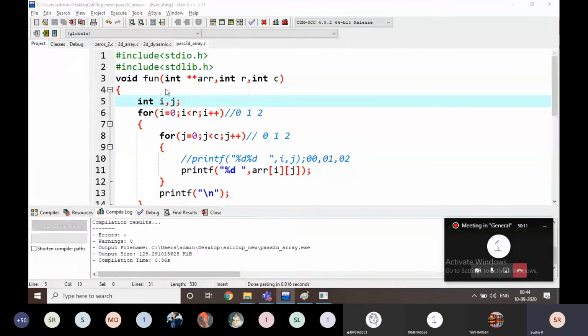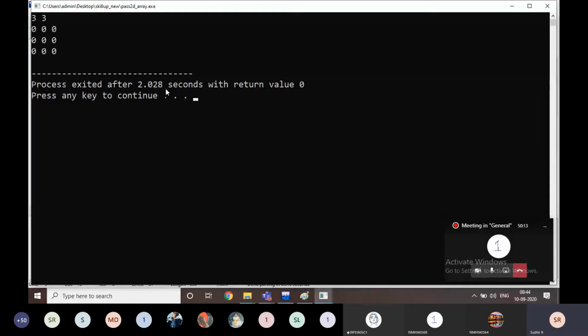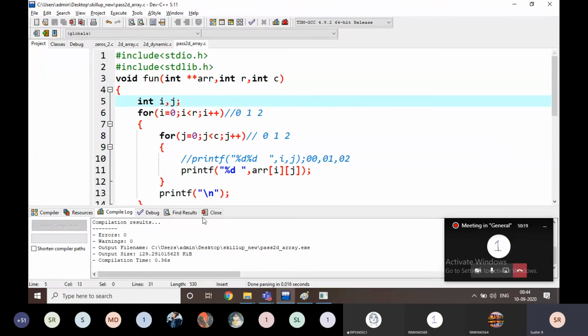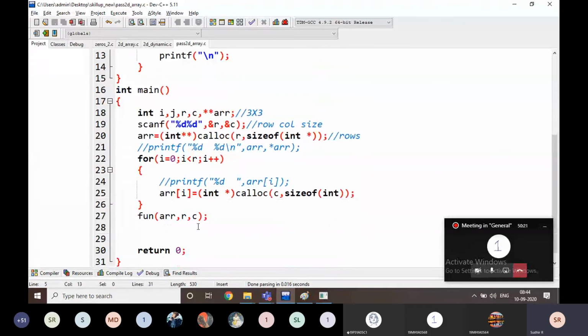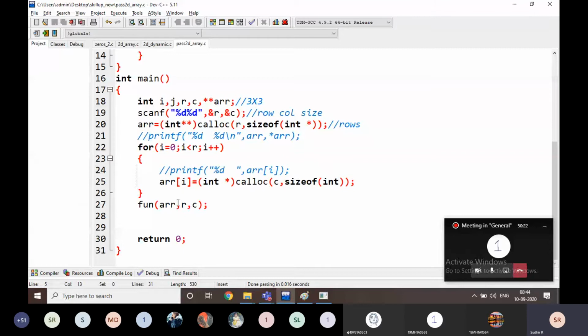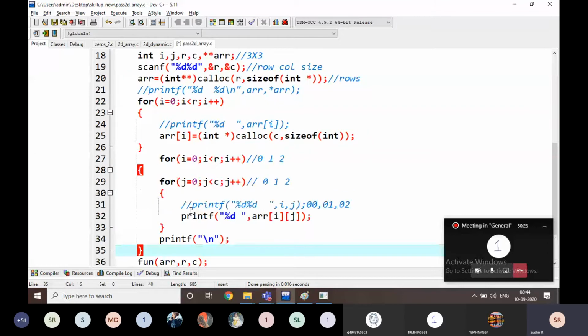That's it. For example, if I execute it with 3 by 3, it is going to print the values. Is it working or not? Yes. Instead of this one, I'm going to read the memory location, read the values. Then you will understand more clearly.